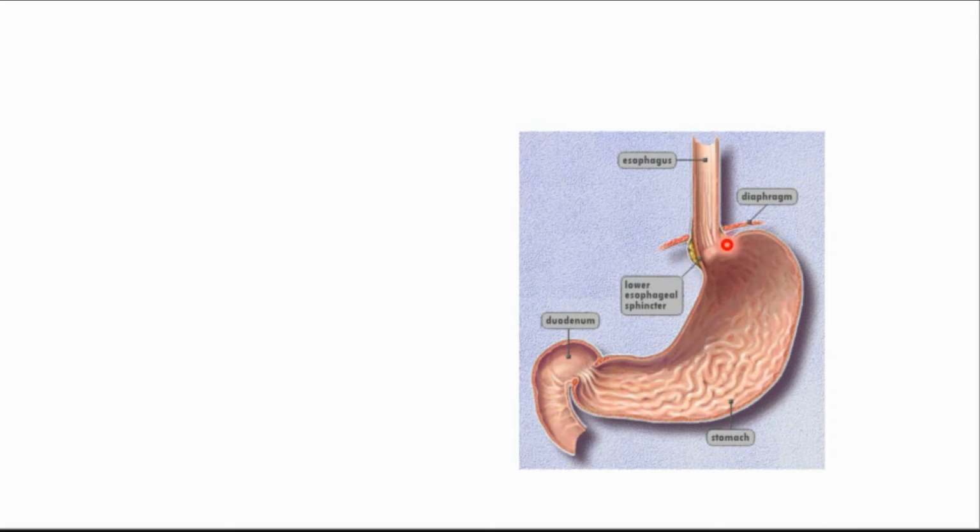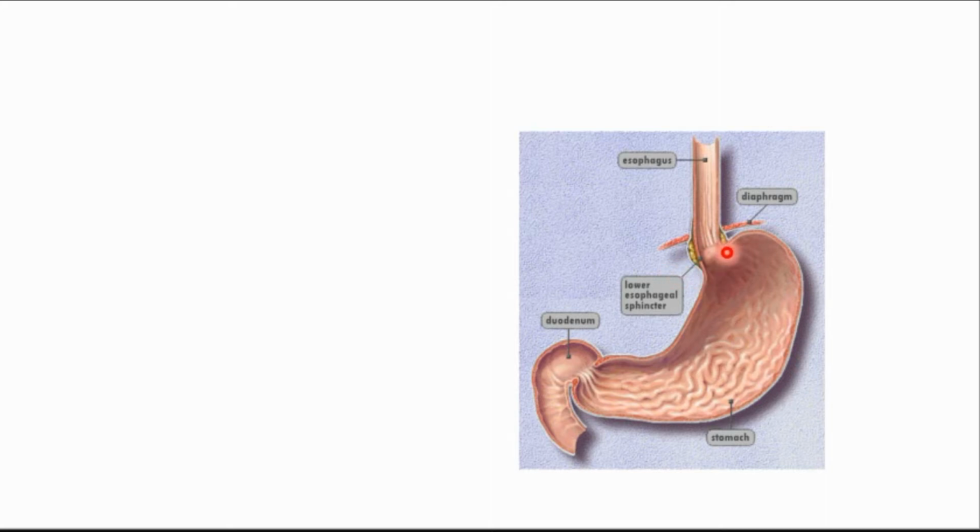As you can see, there are two sphincters. One is internal, the other external, also called the physiological and anatomical sphincter. The internal one consists of a circular band of smooth muscles, while the external consists of the diaphragm. The internal band of smooth muscle will open in response to nitric oxide or VIP, which is released by the ganglionic cells of the myenteric plexus.